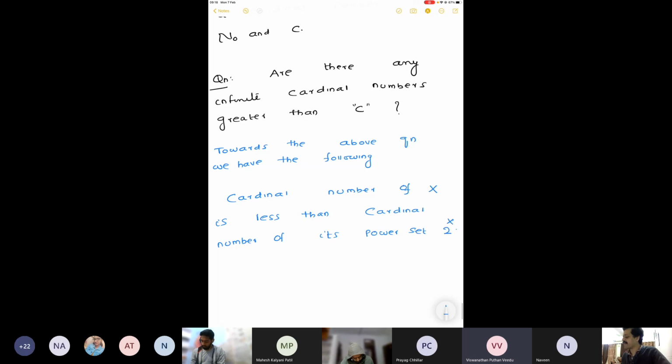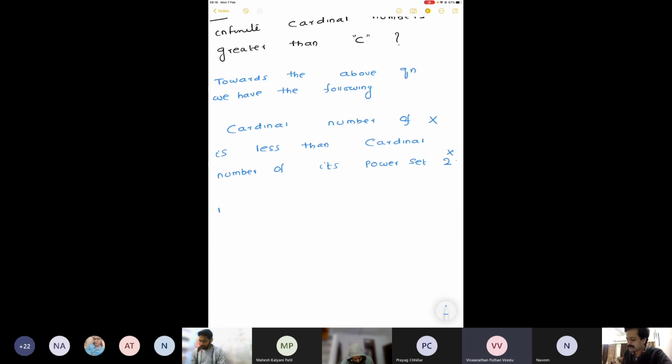You can find a 1-1 mapping from a set to its power set, but you cannot find a 1-1 onto mapping from a set to its power set. Okay. And therefore,